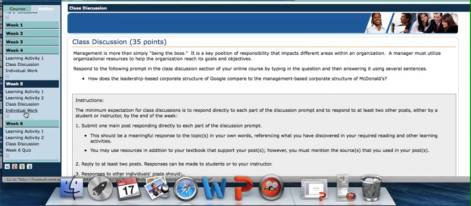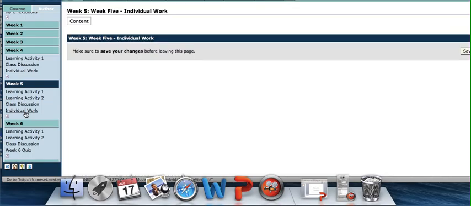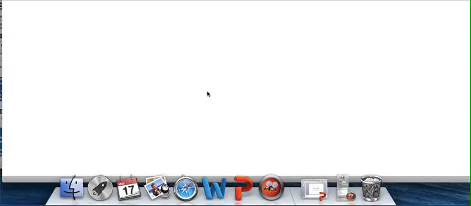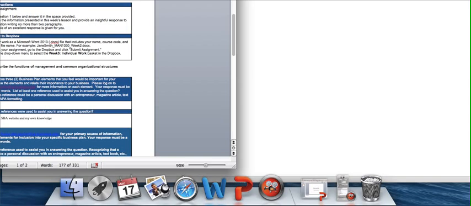Individual work, I'm going to move on to that. That is another template document. In other words, the little sheet you've been filling out for your individual work so far. It's another one. And this one, you're going to give me 3 components of a business plan. This assignment gives you a website, the Small Business Association